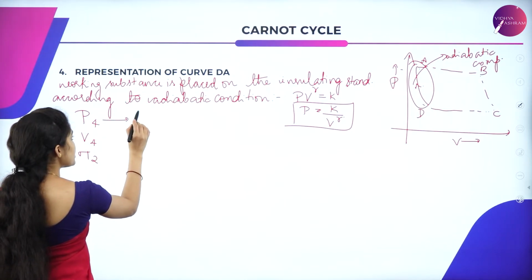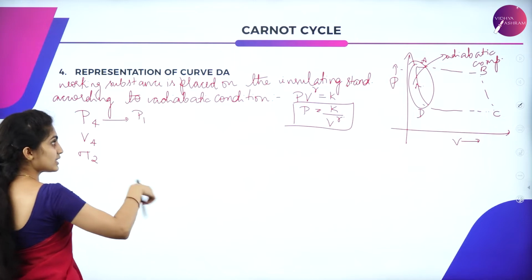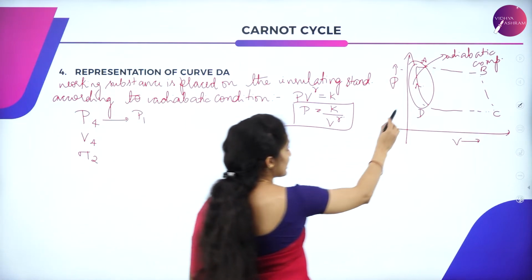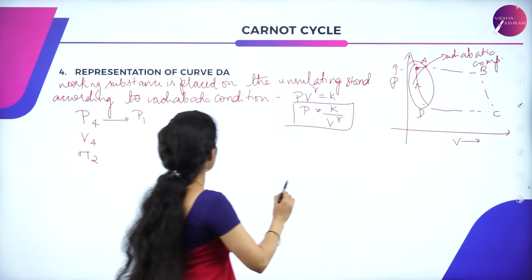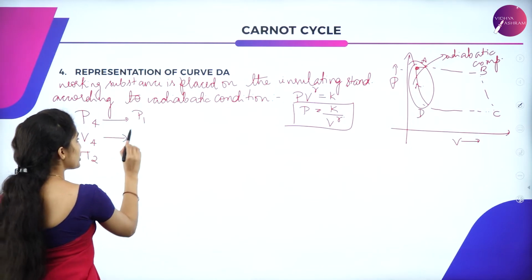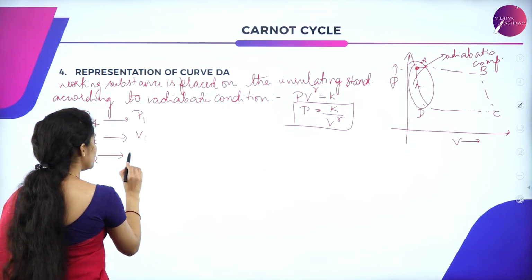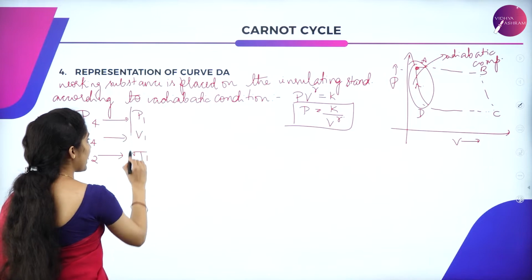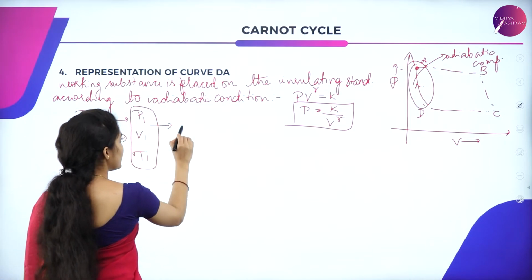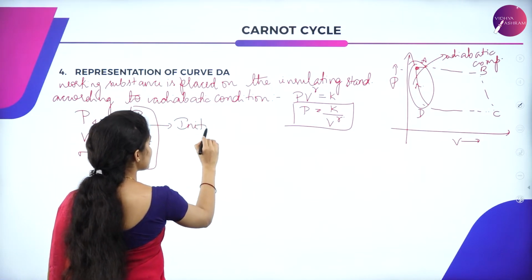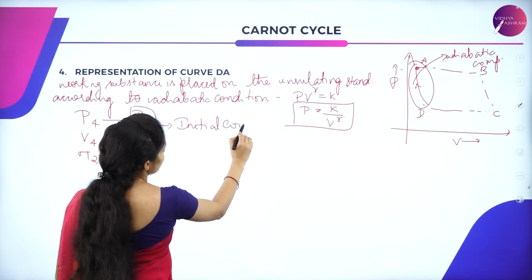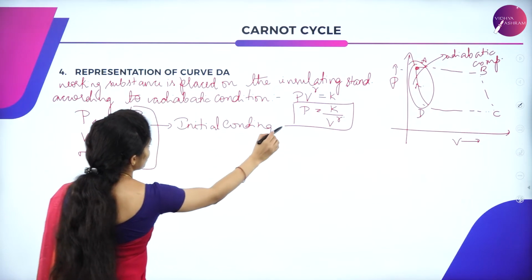So P4 changes to P1 because it's a cyclic process. It's coming to its initial position again. So it is P1, V4 changes to V1 and T2 changes to T1. So we have the initial condition P1, V1 and T1. This is the initial condition. So again, when you solve,